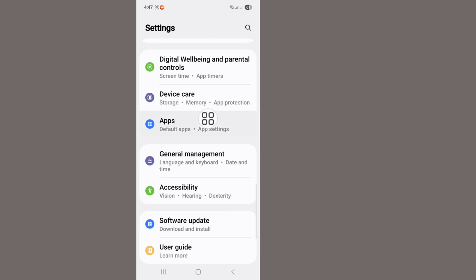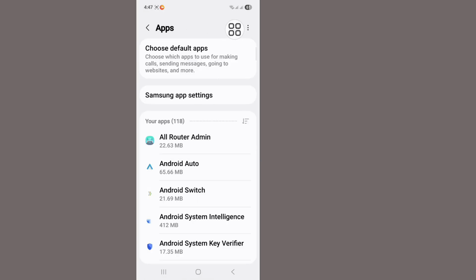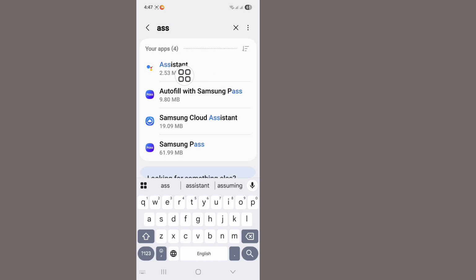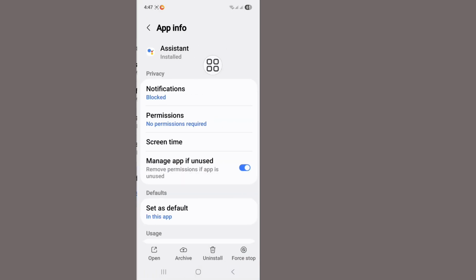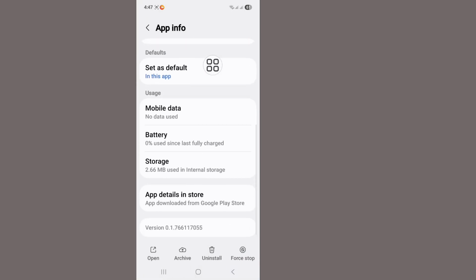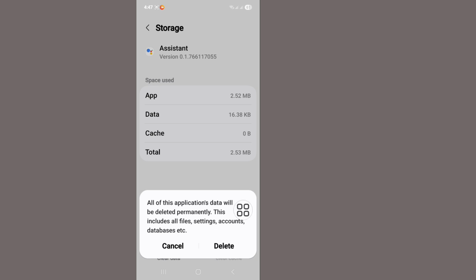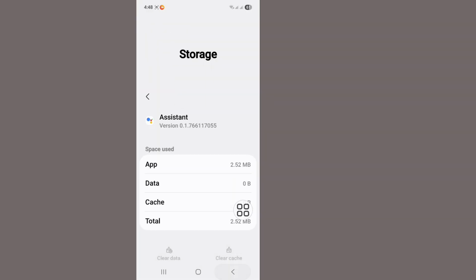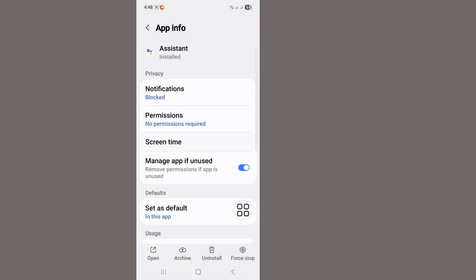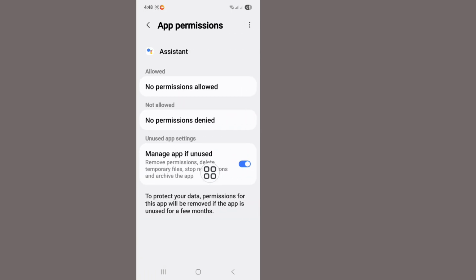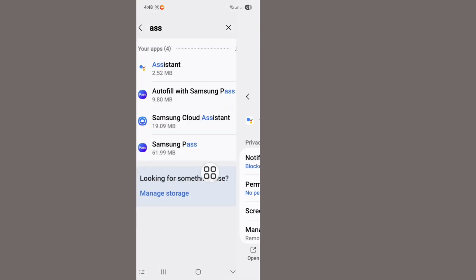click on the apps icon and now search here Assistant. See, this is the Assistant app. Scroll down, click on storage, clear data, delete the data, back. Now click on the permission option, allow all permissions, go back